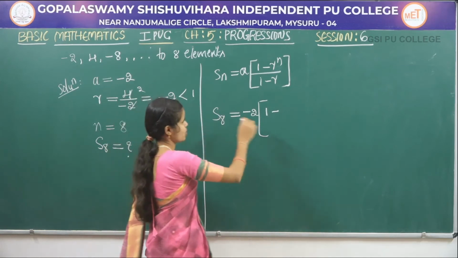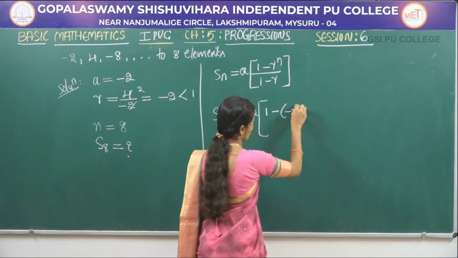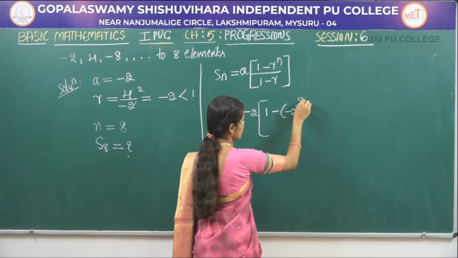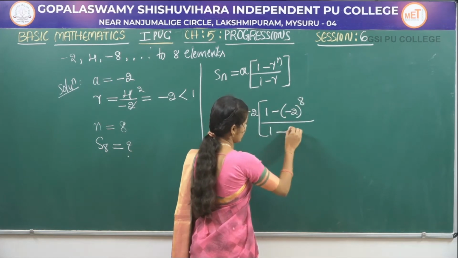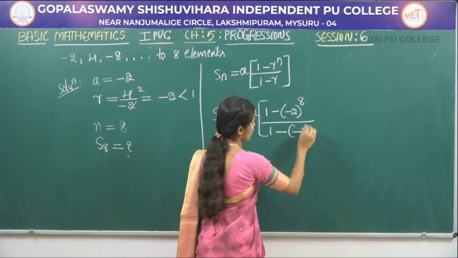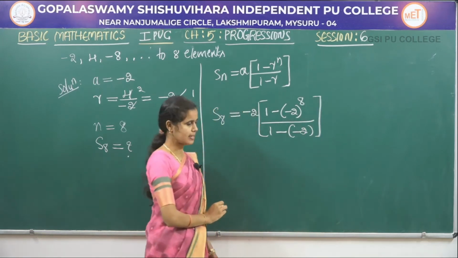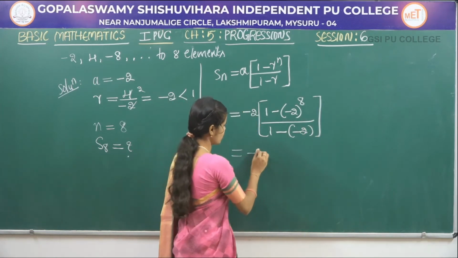R means (-2)^n. N means 8 divided by 1 minus r. R means -2. Okay, simplify here. -2,